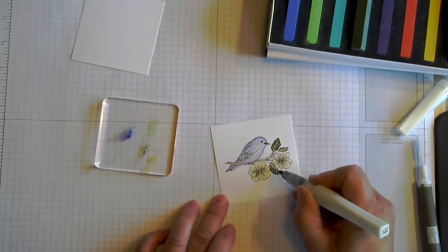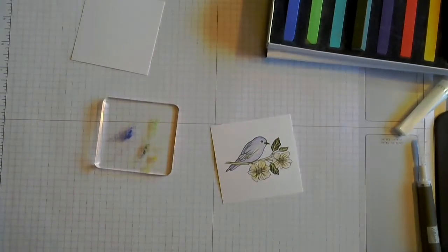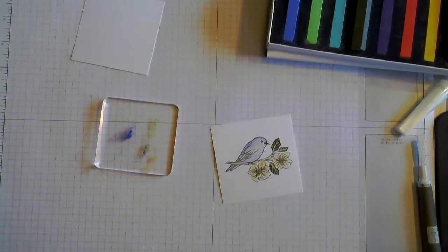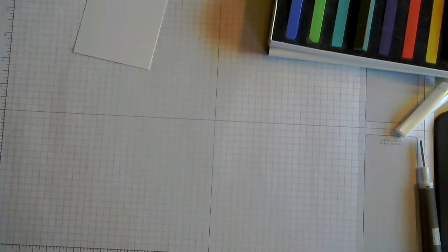Now you can also just color directly with them too onto an image and then seal it with something. I'm sure they make some art sealer that you can use. Hairspray comes to mind, but I'm not sure if that's a good substitute for the sealer. Okay, let's move our dust out of the way and pull in some paper bits to